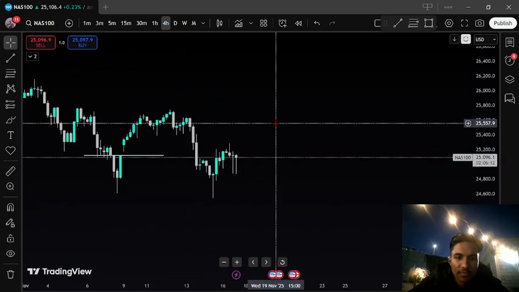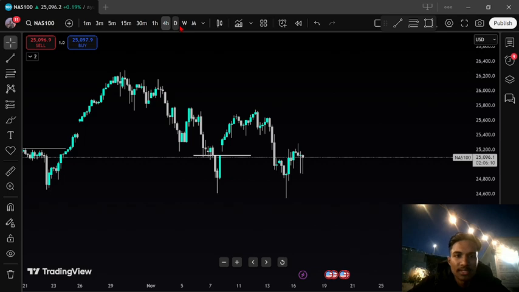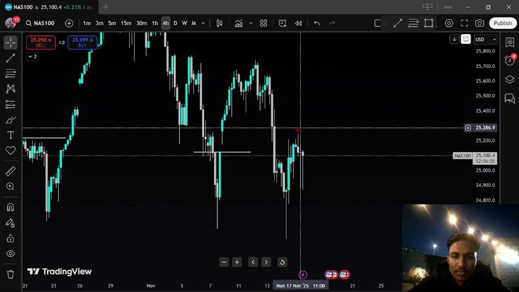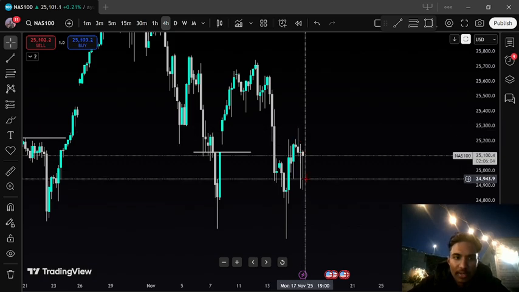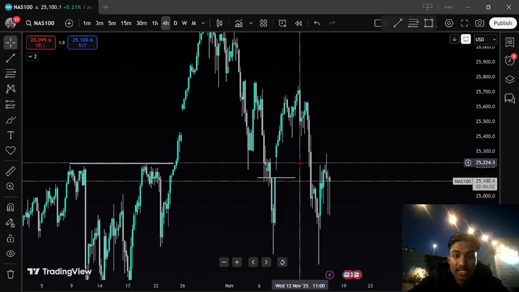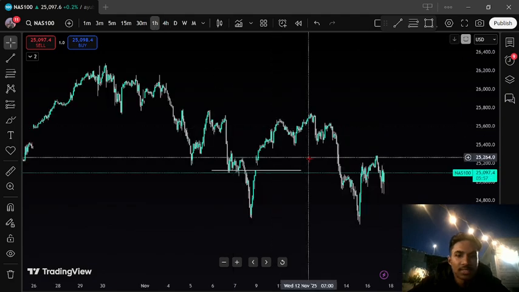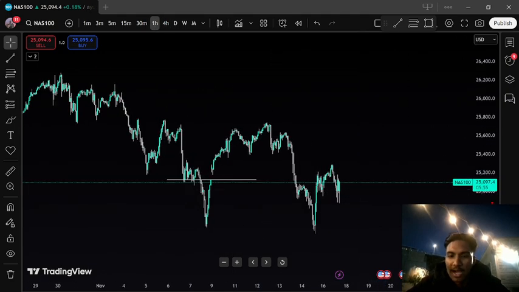So if we go into the 4 hour, we can see this has just been respecting it, and now we've gone all the way down. So in coming into this day, essentially I would probably be looking for sells, right? It makes the most sense. So then we go down to the hourly,